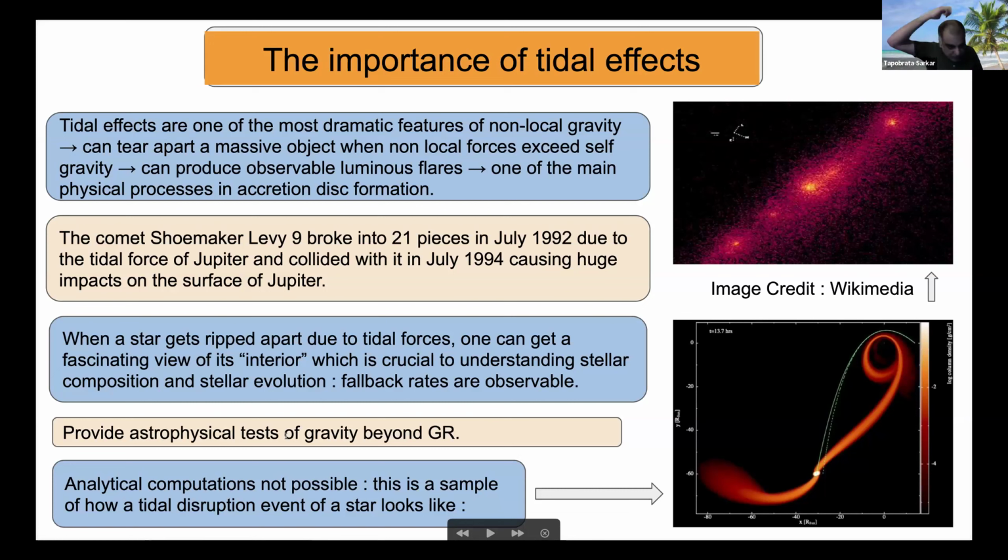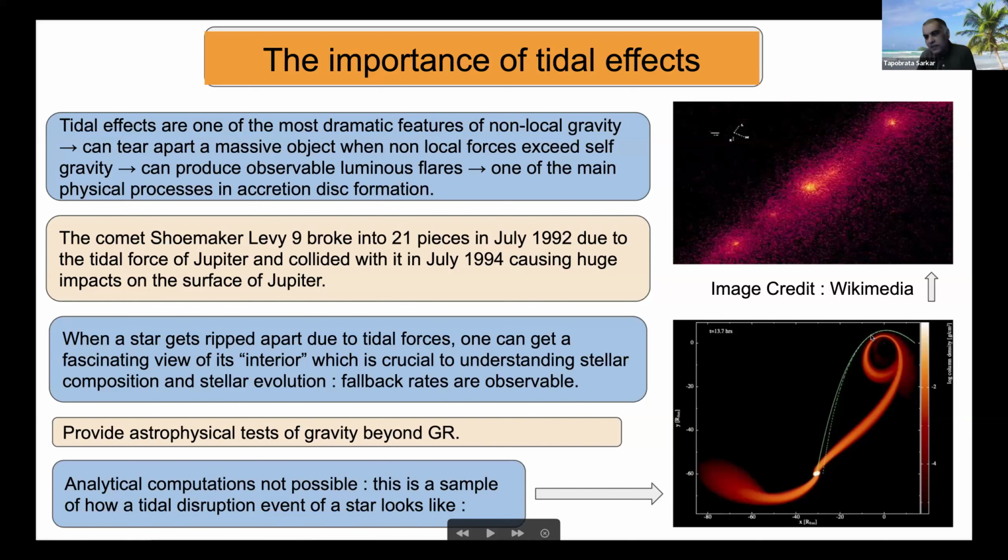Now, what we quickly realize is that in these situations, analytical computations are impossible. I have given you a picture on the right-hand side. Look at the green line coming from the right. There is a Schwarzschild black hole sitting at the position 0, 0, so this is 0 x and 0 y. And there is something coming from the right, and then it gets tidally disrupted.